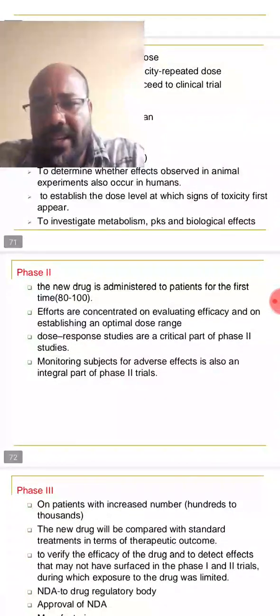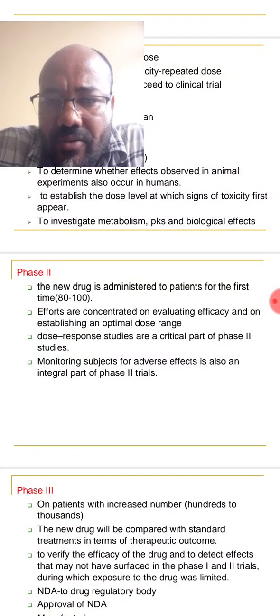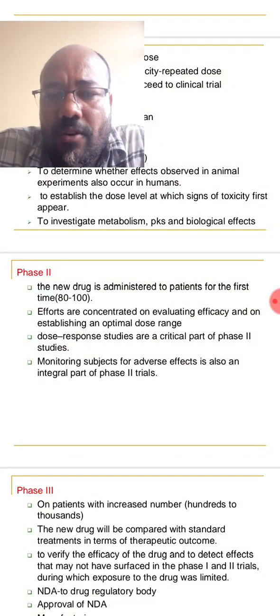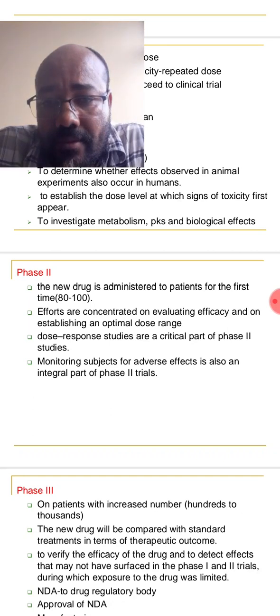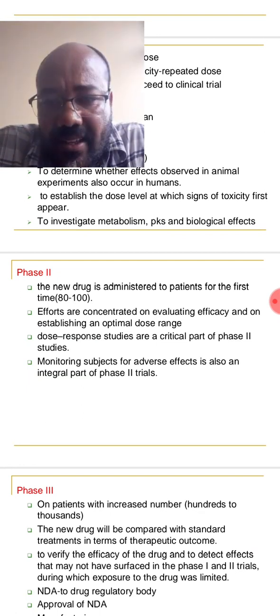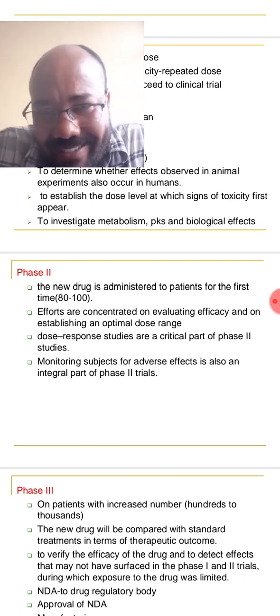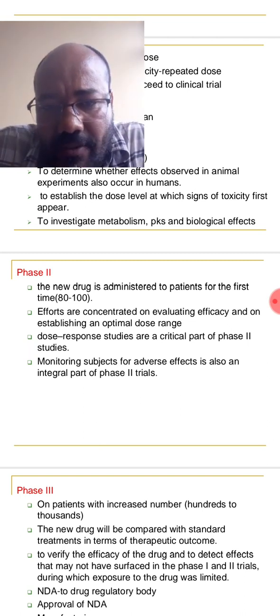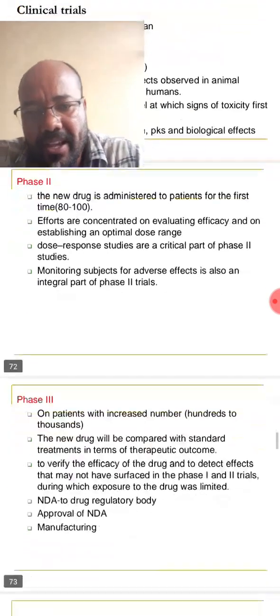Phase 2, the new drug is administered to patients for the first time. Then dose response studies take place in this phase to check potency and efficacy. Also, adverse effects will be managed here. Monitoring subjects for adverse effects takes place in phase 2. Phase 3,